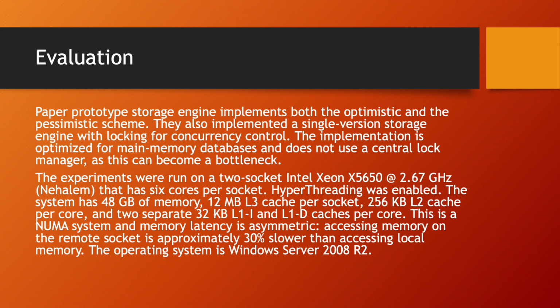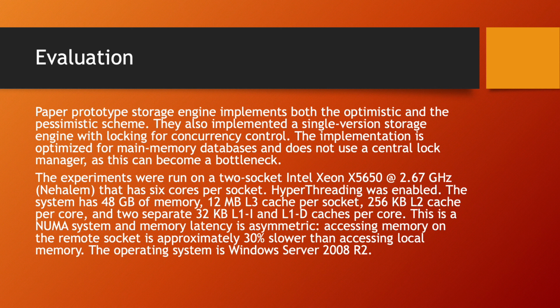The paper's prototype storage engine implements both the optimistic and the pessimistic scheme. They also implemented a single version storage engine with locking for concurrency control. The implementation is optimized for main memory databases and does not use a central lock manager, as this can become a bottleneck. The experiments were run on a 2-socket Intel Xeon X5650 at 2.67 GHz that has 6 cores per